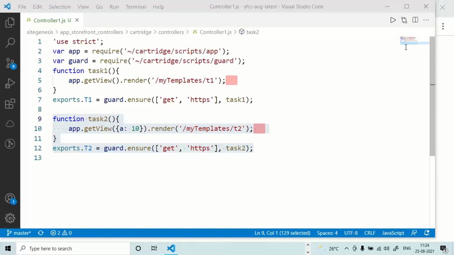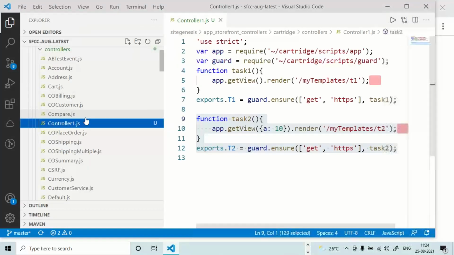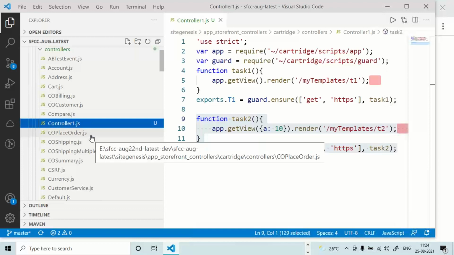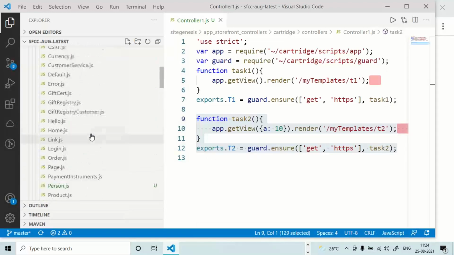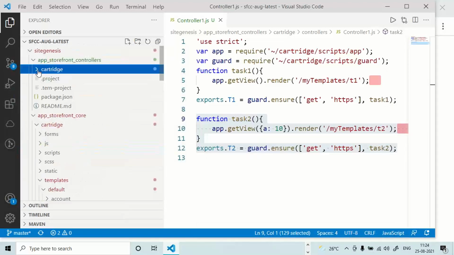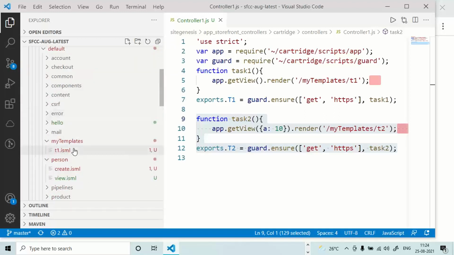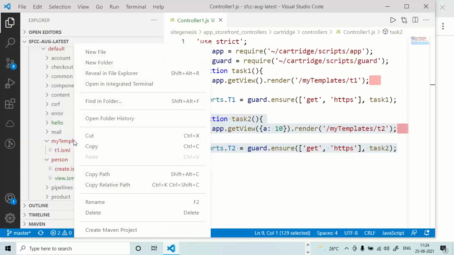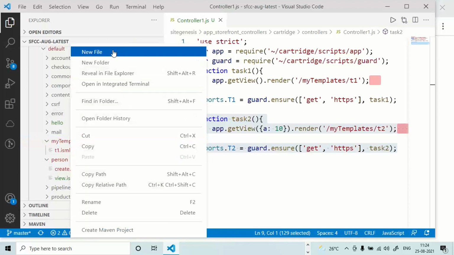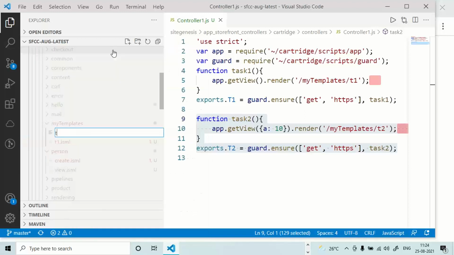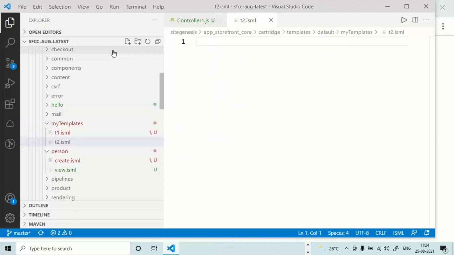Already my templates is there. Try developing a T2 template under my templates. Right click on my templates, go to new file, t2.isml. In the t2.isml,